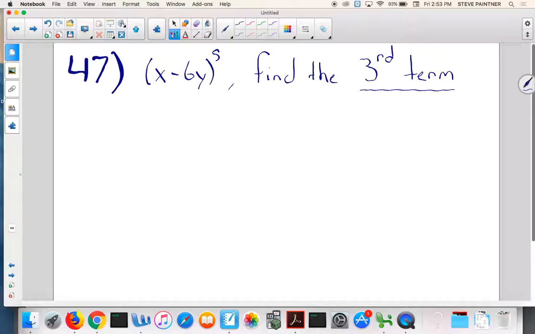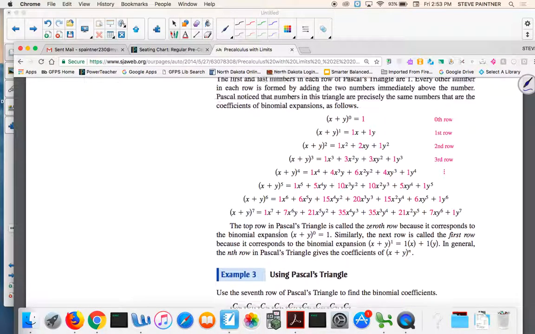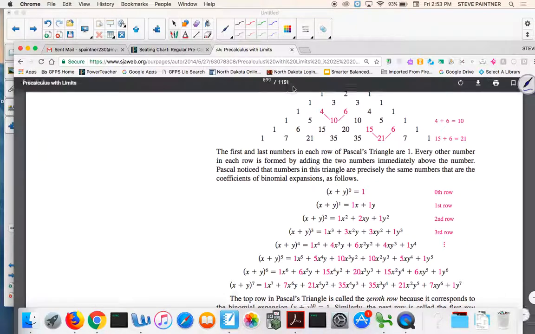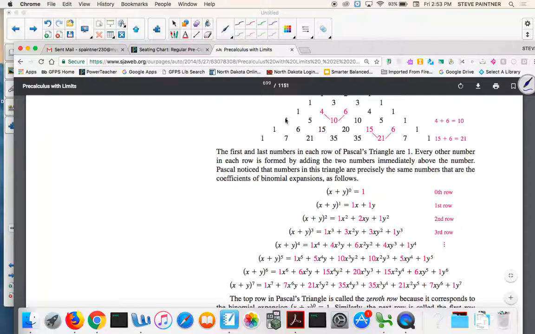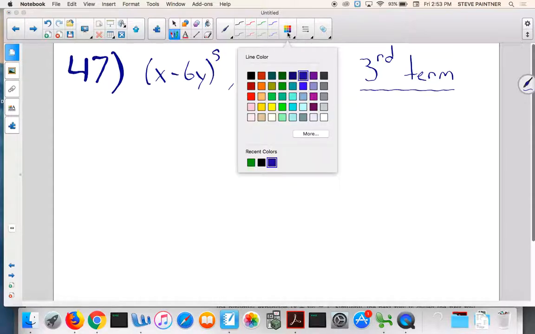Now, that can be a little bit tricky because if we remember, back in Pascal's triangle, we start at the 0th row. So if we look down here, maybe this one would be easier. We start at the 0th row up here, x plus y to the 0. And also, we start at the 0th term. So all these ones here, those are the 0th term of our row. So in terms of the problem, what that means is we're trying to find the third term, but we're not going to do